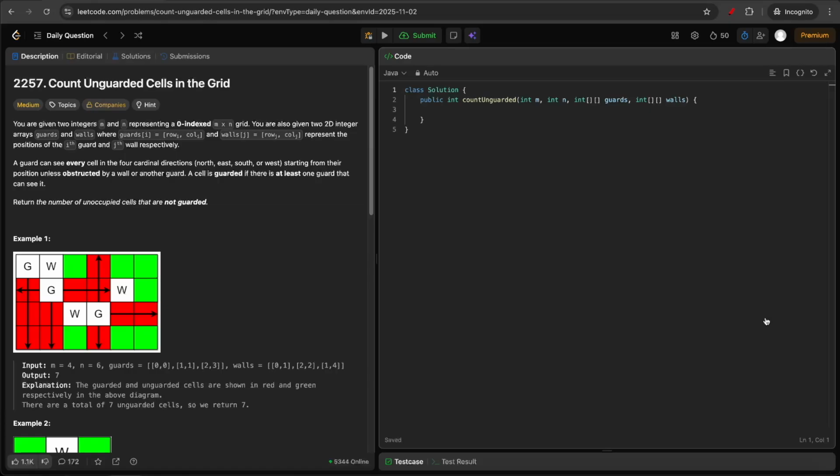Hi everyone. Today we'll be discussing the LeetCode problem of the day, count unguarded cells in the grid. You're given two integers m and n representing a zero-indexed m cross n grid. You're also given 2D integer arrays, guards and walls, where in guards you have row and column, and in the walls 2D array, you have the row and column of the walls,